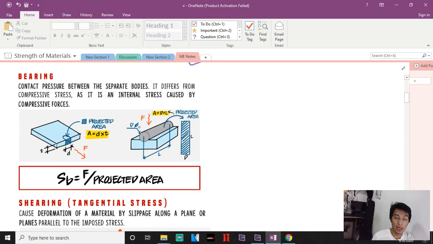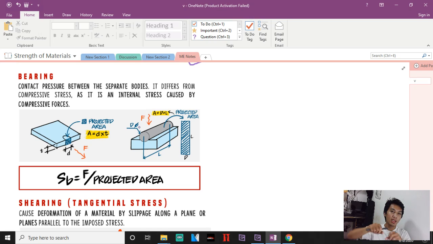Now, we'll talk about bearing stress. Ano nga ba yung bearing? So, meron kang dalawang bagay na kung saan meron kang plate, meron niyang, ang tawag doon, slot. Ang bearing is nagkakaroon ka ng slot due to the loading. Okay? Due to the pull. Yung slot na yun yung parang ganyan, yung slot na yan, yun yung butas na lumalaki habang nagkakaroon ka ng